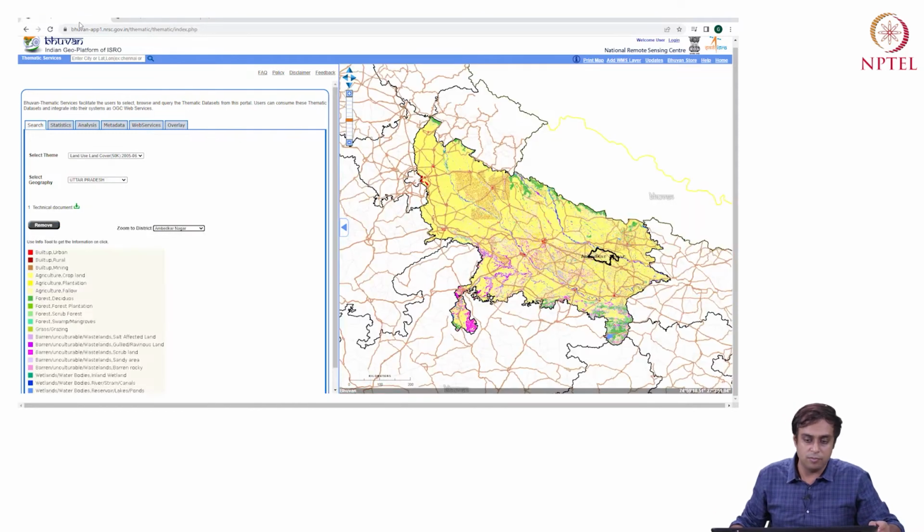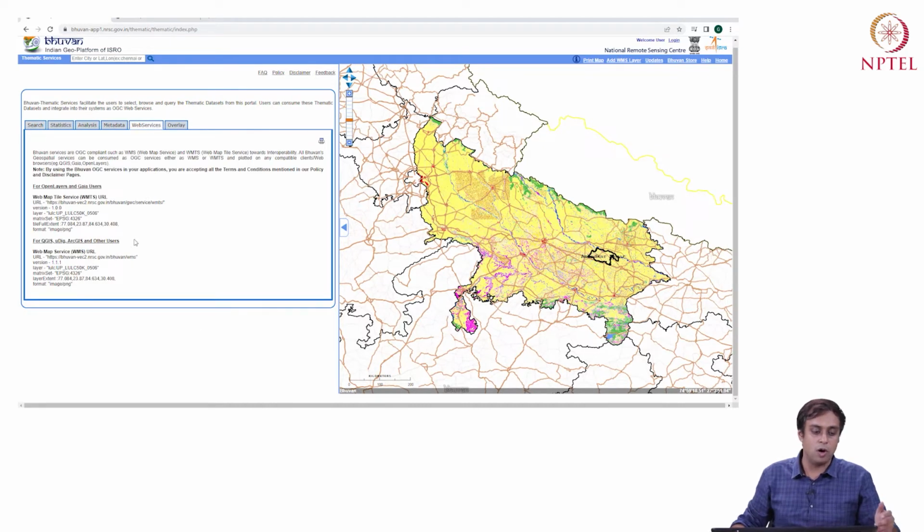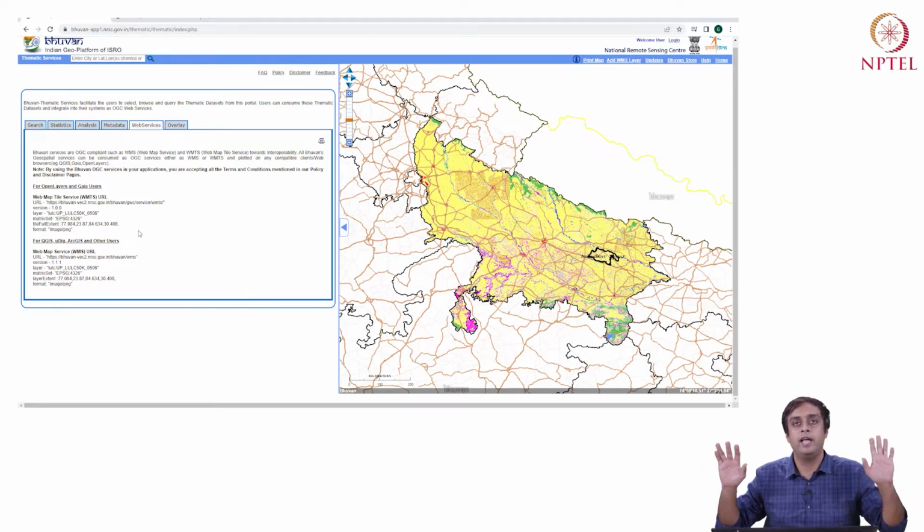Like here, I'm just showing one type of land use product. Under web services, you can figure out how to bring these data to your computer. I've done that for you here, but you will have to download these data to be able to work with them, right? So say we have downloaded this data for an area of interest of our choice.